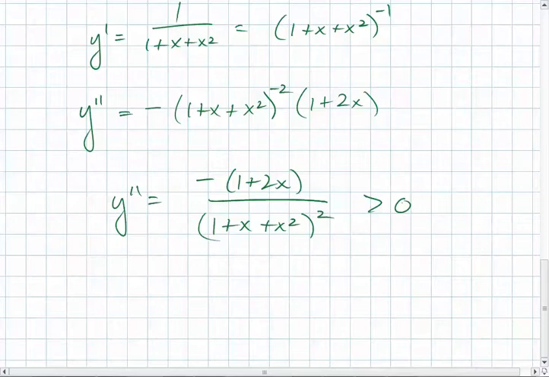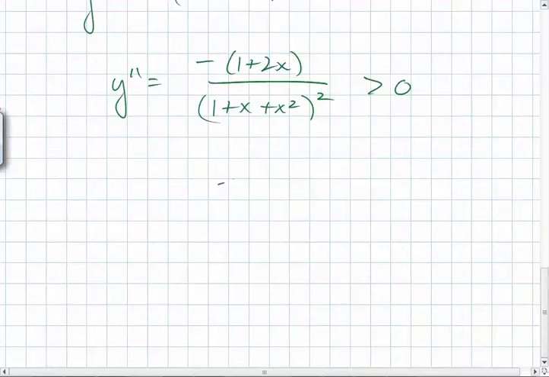How do you make a fraction equal 0? The denominator. Not the denominator. The numerator. The denominator being 0 causes crazy weird things to happen. Space-time ends and we all get sucked into a black hole when the denominator equals 0. This time though, we need negative 1 plus 2x equal to 0. So we know negative 1 plus 2x is equal to 0, so x is equal to